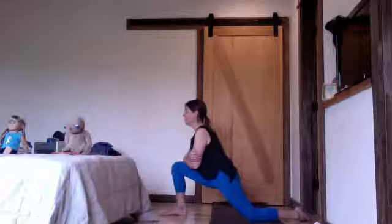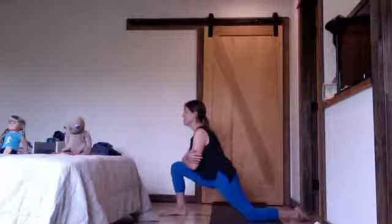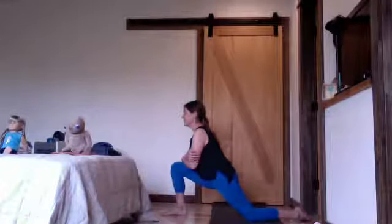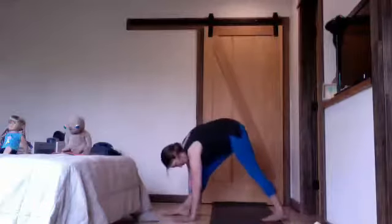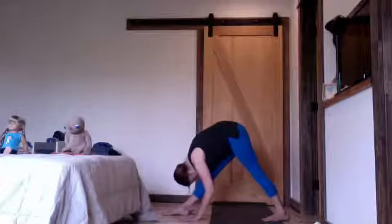3, what can you relax? Truly be with the experience of this pose. Be honest with yourself. Satya, truthful. It's okay, it's impermanent, and we're inhaling into Parsvottanasana, that straight leg, hips facing forward, forward fold, or at the